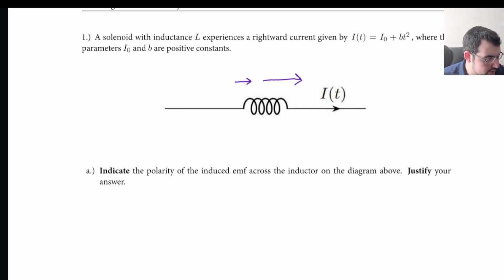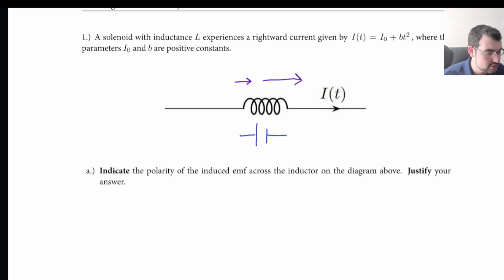So the inductor is very displeased with this. What the inductor does is fight the change. It fights the change by turning into a battery. So we have to think, what type of battery is going to fight this? Well, this type of battery would generate a rightwards current. So the inductor absolutely doesn't want to do that. The inductor doesn't want to help the increase. The inductor fights it. So the inductor is going to turn into a battery